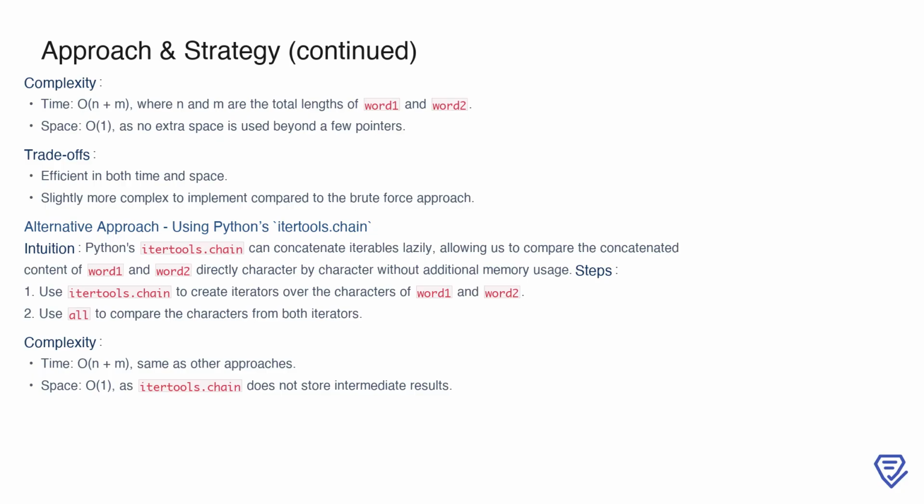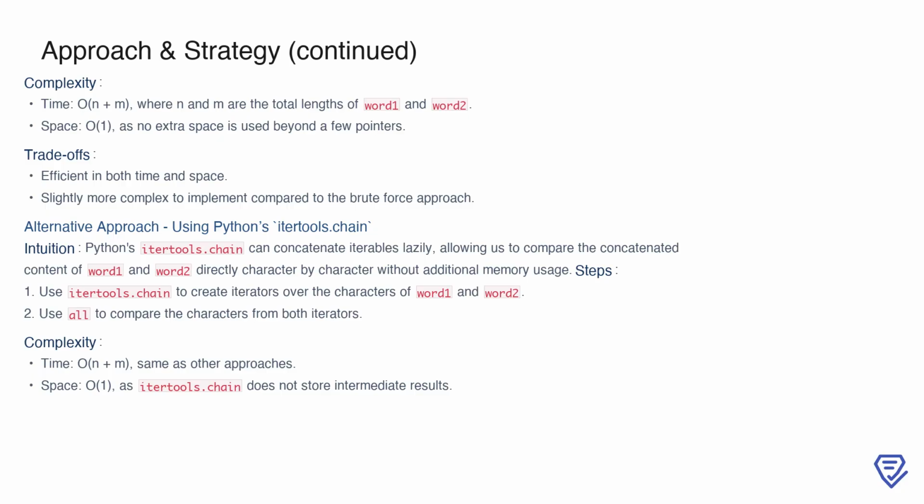Alternatively, we could consider using Python's itertools.chain to solve the problem. This method creates lazy iterators over the characters of word1 and word2, allowing us to compare their contents directly using the all function. The time complexity remains O(n + m), and the space complexity is also O(1), since itertools.chain does not generate intermediate strings. This approach is concise and leverages Python's built-in libraries, but it may feel less intuitive for beginners compared